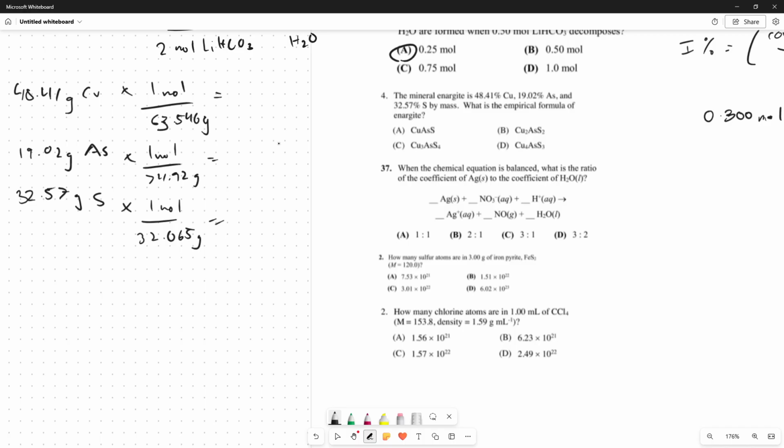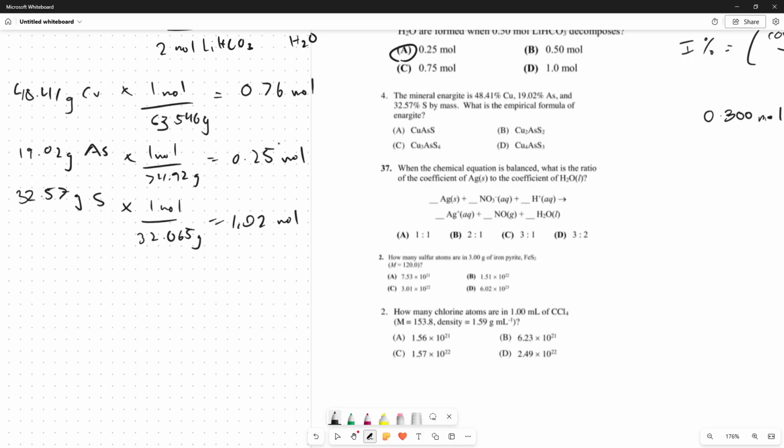Okay, so now when you put this into a calculator, we'll get 0.76 moles. Then for arsenic, we're going to get 0.25 moles. And then we're going to get 1.02 moles for sulfur. And it's pretty easy to see that once we divide by the lowest mole, which is arsenic, we